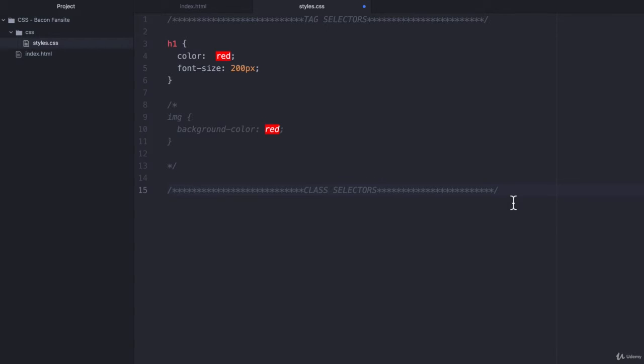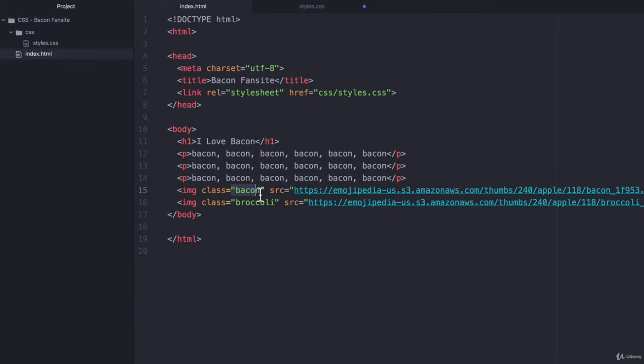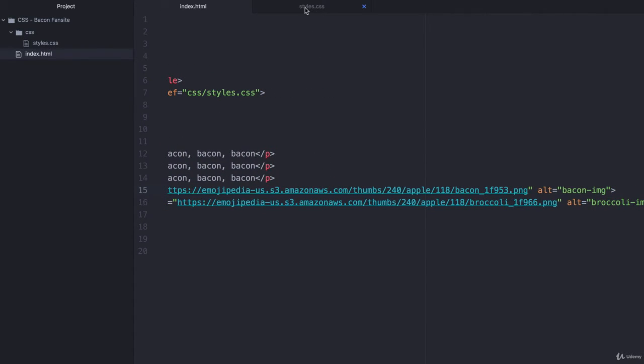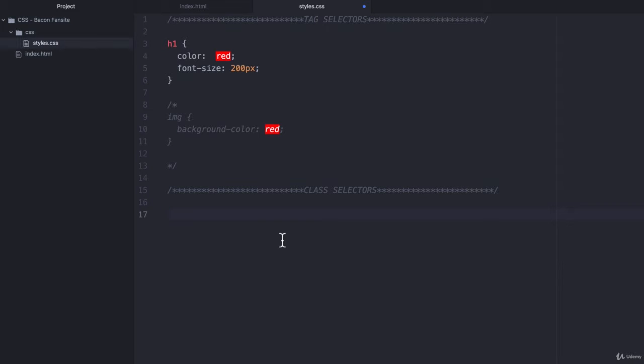Inside this section, I'm going to tap into that bacon class in order to only change the styling for the bacon image and give it a background color of green. To target a class rather than a tag, the only difference is a full stop or a dot in front of the class. My class is called bacon, so to use it as a selector, I just say .bacon, and the rest of the CSS rule looks exactly the same. For the bacon class, I want the background color to be green. But for the broccoli class,